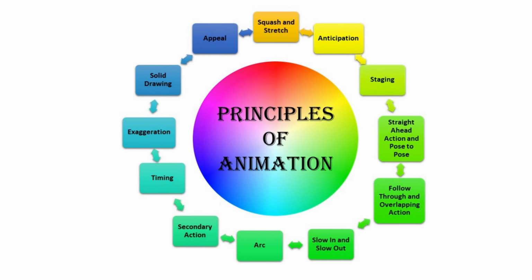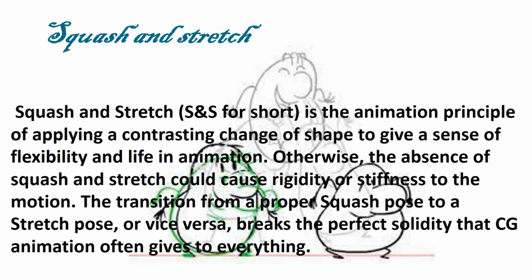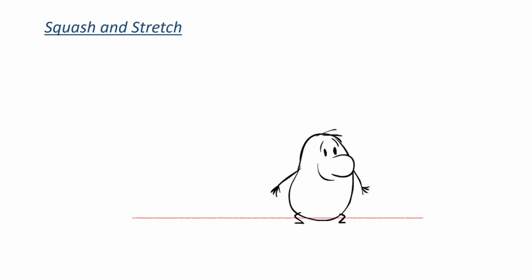Here are the 12 principles of animation. Squash and stretch, SNS for short, is the animation principle of applying a contrasting change of shape to give a sense of flexibility and life in animation. Otherwise, the absence of squash and stretch could cause rigidity or stiffness to the motion. The transition from a proper squash pose to a stretch pose, or vice versa, breaks the perfect solidity that CG animation often gives to everything. For example,